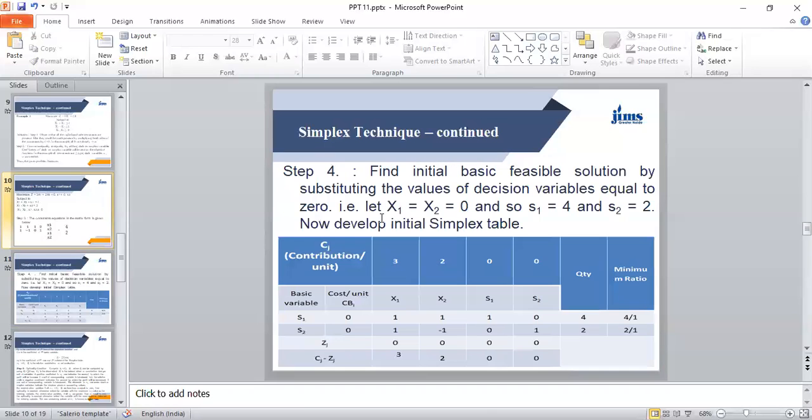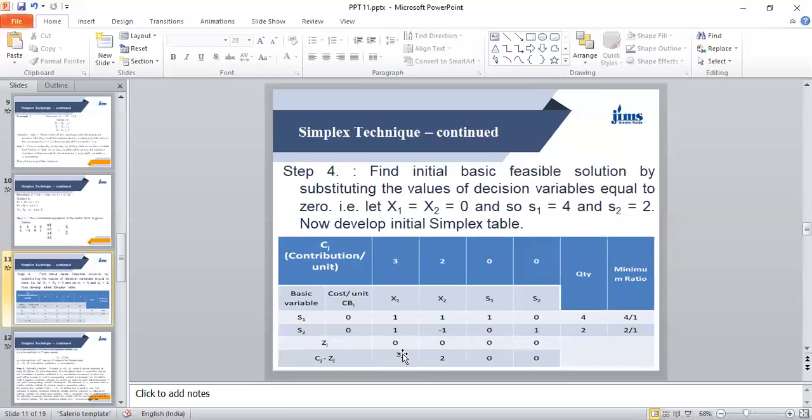And then we try to improve upon this condition and finally arrive at the best possible solution or the optimum solution. So in this table we write S1, S2. These are the basic variables or interim variables. Means we start solutions from this stage only where we produce S1 and S2 only. And what is the quantity? S1 we produce in 4 units, S2 in 2 units. And what is the contribution of S1 and S2 in the profit, in the objective function? 0. Because these are slack variables, these are introduced only to make the left hand side and right hand side equal. So their contribution is 0.